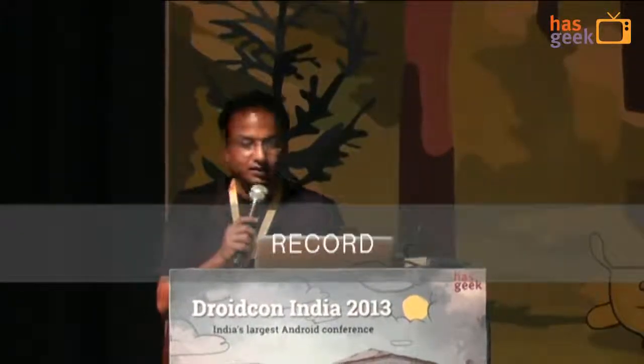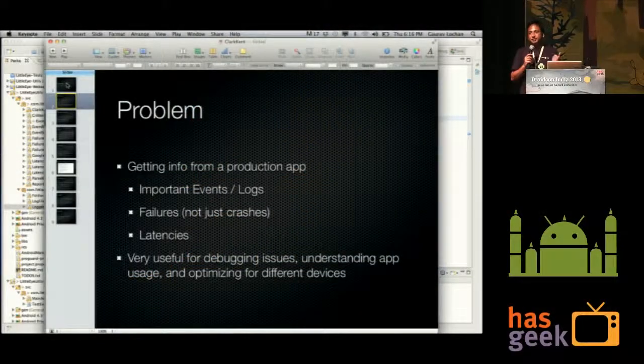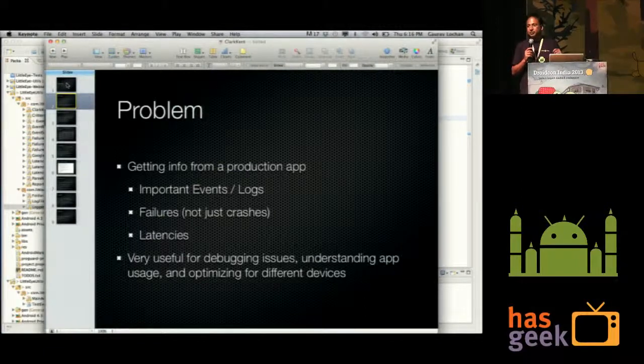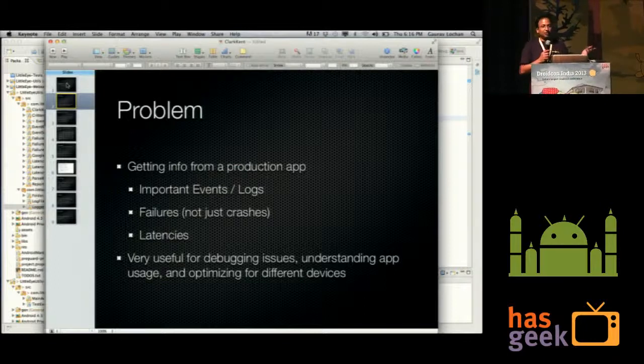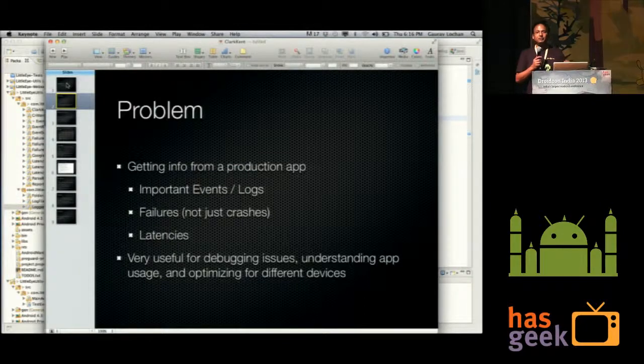Hi, I'm going to talk about a project called Clark Kent. It's a mild-mannered reporter. The problem that drove this was I was building apps at Flipkart, and a lot of times we'd have problems in production. A user would call us and we'd have to try to figure out, let's say he's bought a book and he's trying to download it. Did the download succeed? Or he's bought the book but the payment failed. It's very hard for us to piece together whether the problem happened on the client side, or whether it happened in the server-side logs.